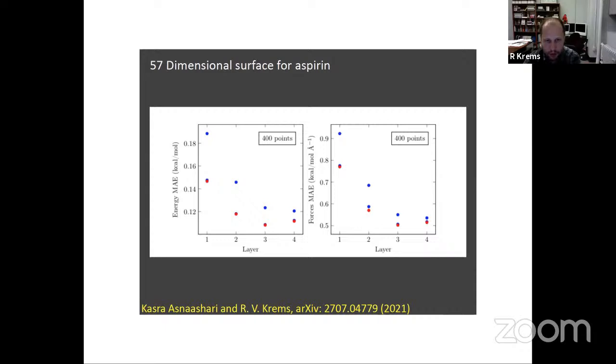I should say that we don't use energies to train these models. So we use forces only. And you see, once you build a Gaussian process model with forces, you can actually integrate it analytically, because you have kernels that are trained by forces, and you can integrate those kernels, and you can build a Gaussian process model with integrated kernels, and that's what we use to predict these energies. So these models are trained by forces at 400 geometries.